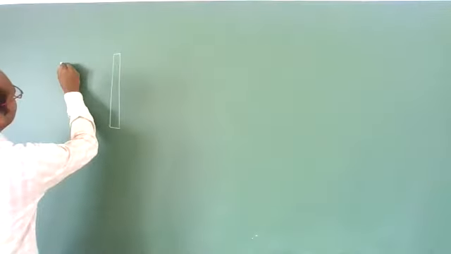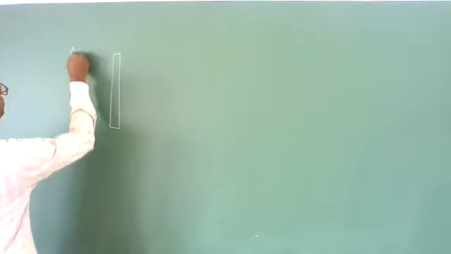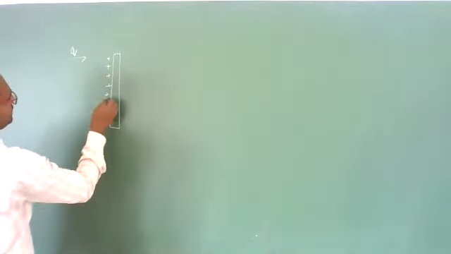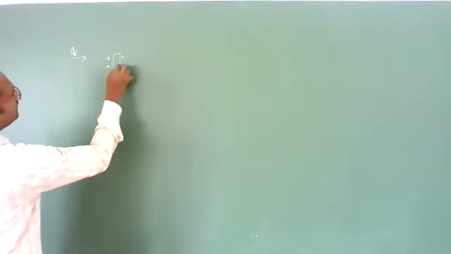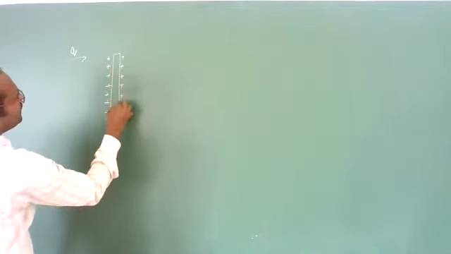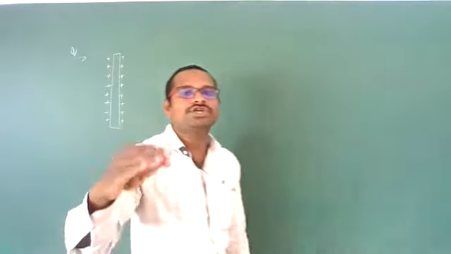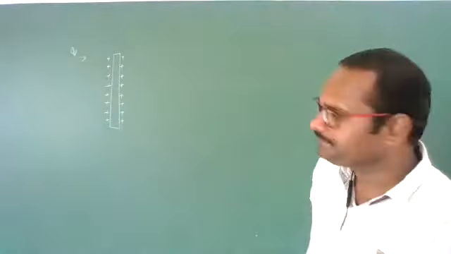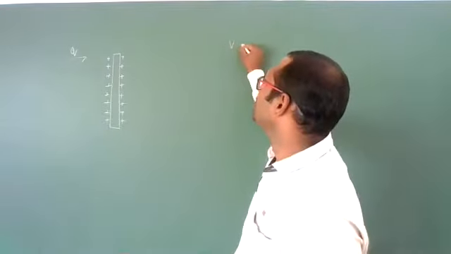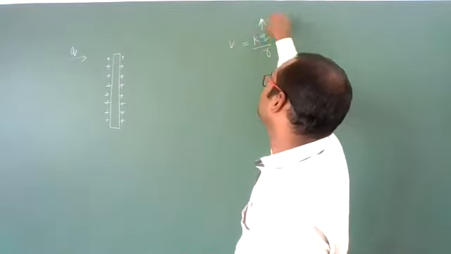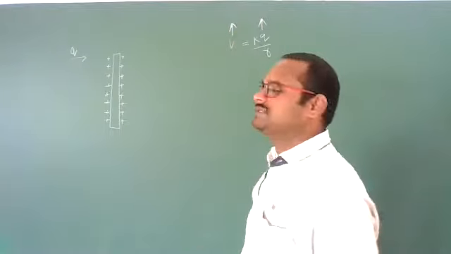Now, to this conductor, let us suppose we have given some charge, Q. Then it will be deposited on the surface. Clear? Yes. So whenever you give charge to this conductor or capacitor, its potential will increase, because potential is KQ by R. So with an increase in charge, potential also increases.